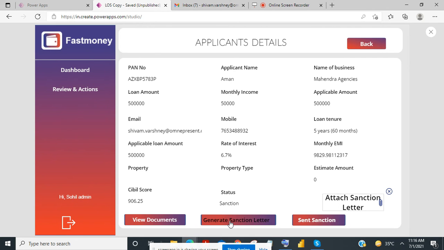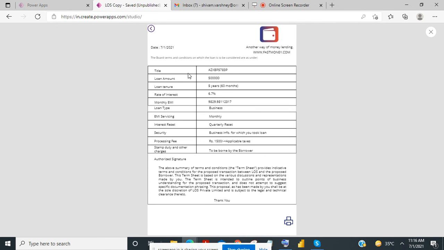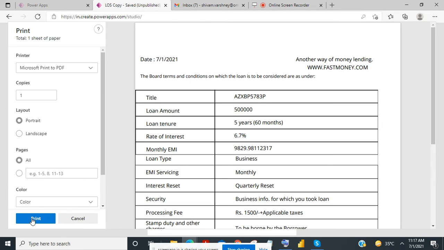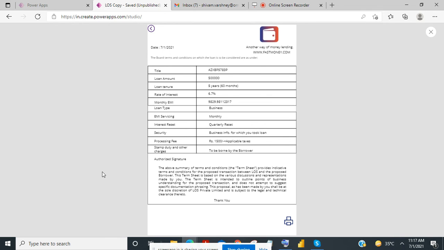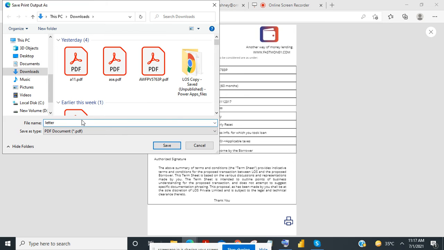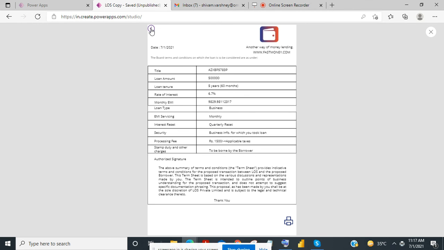So I will click on generate sanction letter, and you can see we have the title for the PAN number, loan amount, every detail will be here which we want to share. We just need to download. I will print this and save this into my local system. I will save it as letter and go back from here.